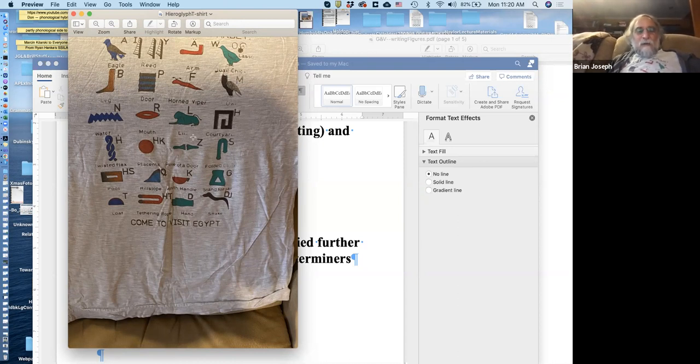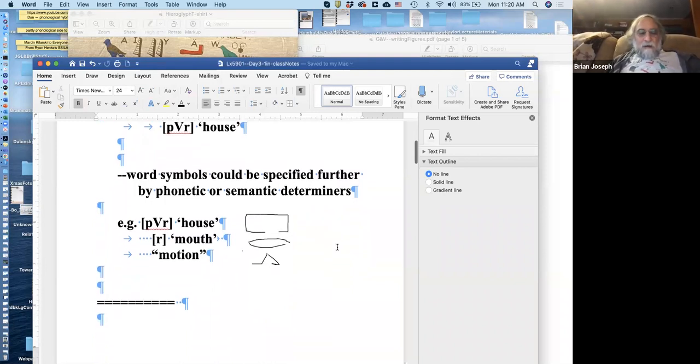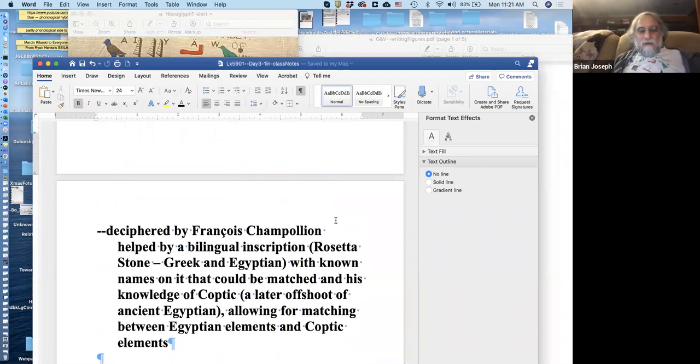But these are all highly representational, and so it was aesthetically pleasing to see, but you had to know the system, and it was a fairly complicated writing system. We know about it because it was deciphered by a Frenchman in the late 18th and early 19th century, named Francois Champollion,